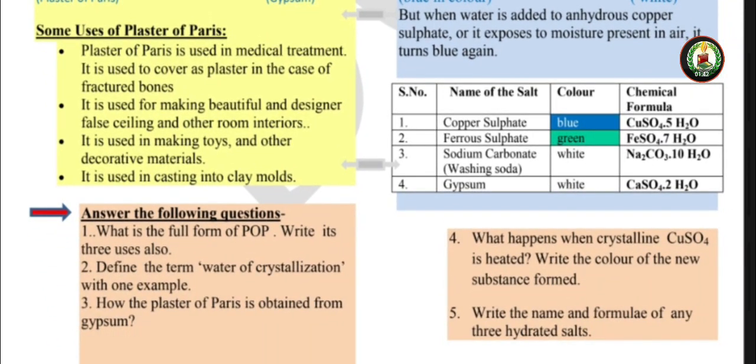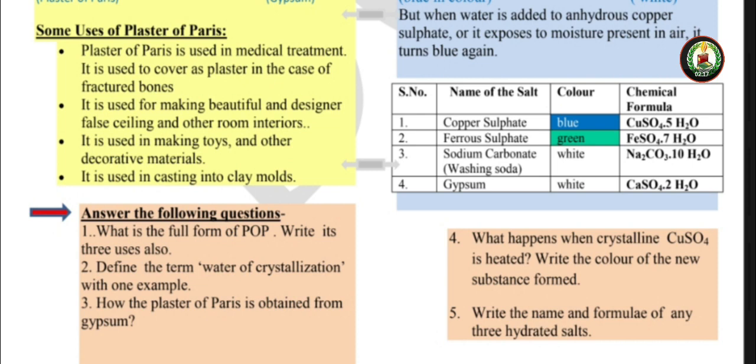Students, what are the uses of plaster of Paris? You see many uses of plaster of Paris in your daily life, like in decoration of the houses. You see the interior decorations are mainly done by POP. Secondly, you see the statues and the toys in the market made up of POP, and you also see POP on fractured bones. Doctors use POP to connect the fractured bones of a patient.